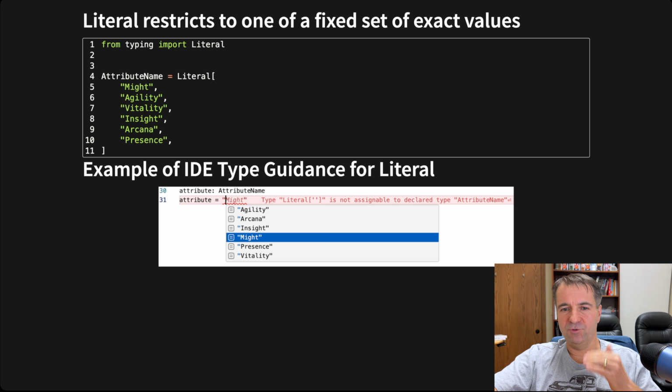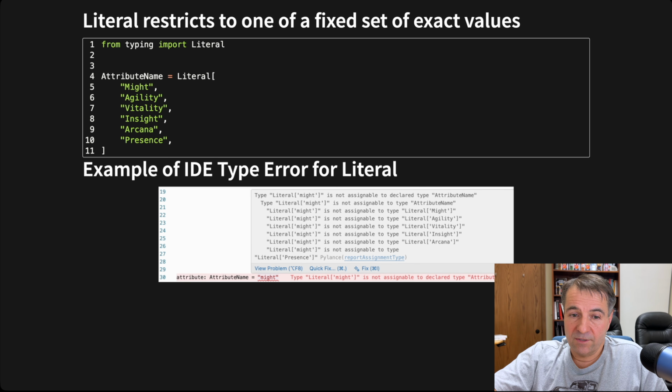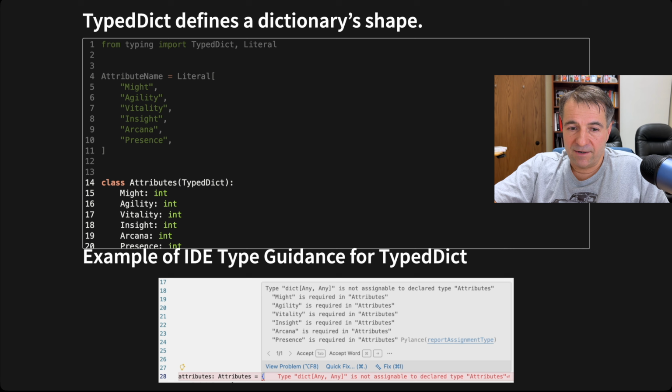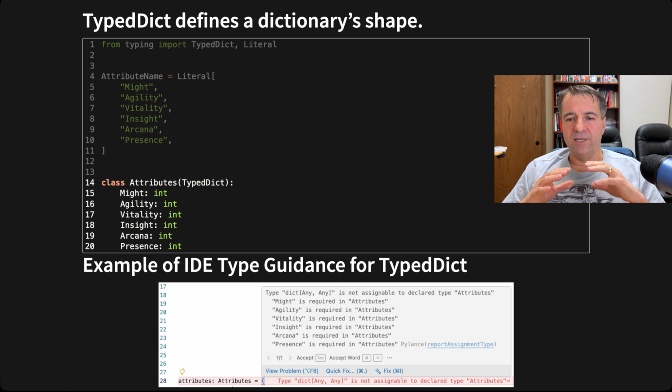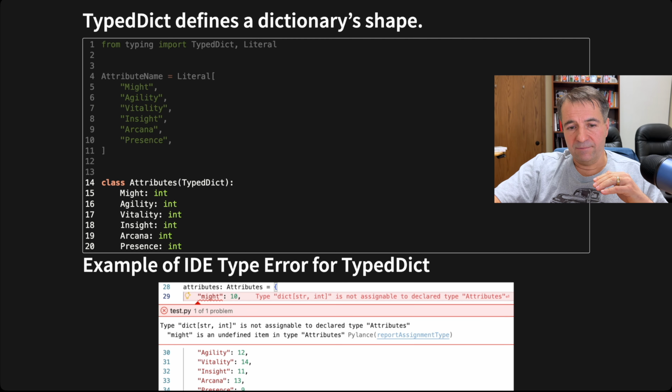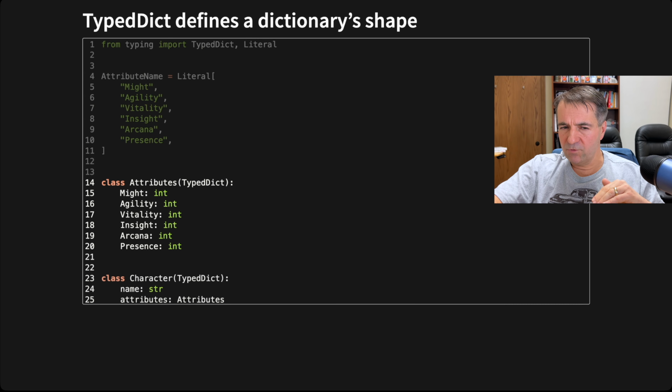It literally gives you a list of values to pick from. So from literal, that's in the error, we're going to move to TypedDict. TypedDict is a way for you to give structure, or a shape, to your dictionary, to specify if you want to send a dictionary into this function, this is what it should look like. This is an example of the attributes. Again, the errors that you're going to get, and we're going to move forward.